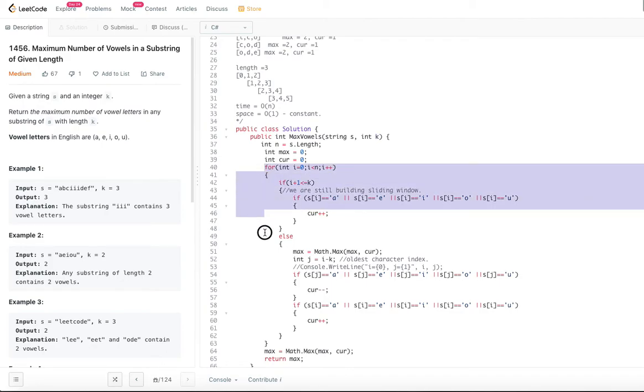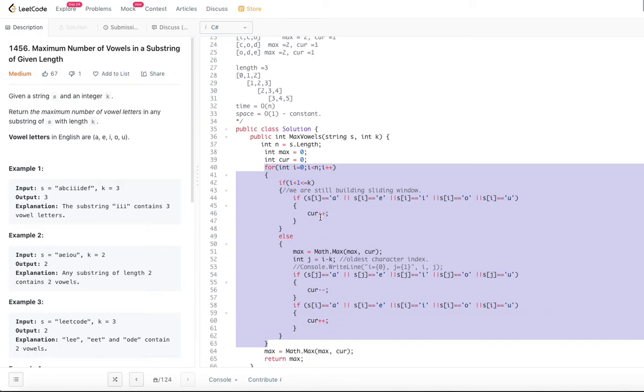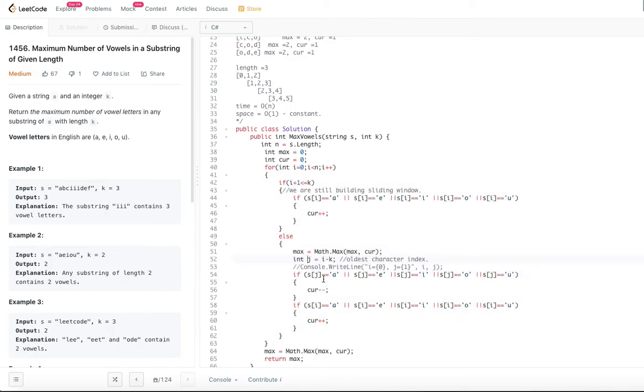If you follow the algorithm, all we are doing is manipulating the indexes of I and j and trying to come up with an answer. Wherever the cur is greater than max, we are updating the max here and here, so those are the two places. So getting back to the algorithm, the time complexity is order of n and space complexity is order of 1.